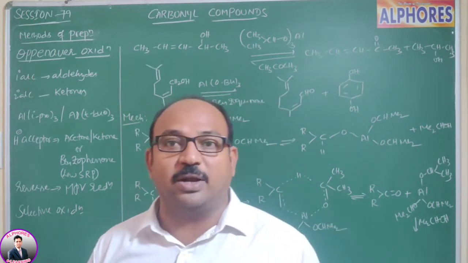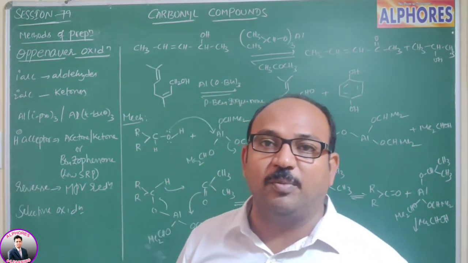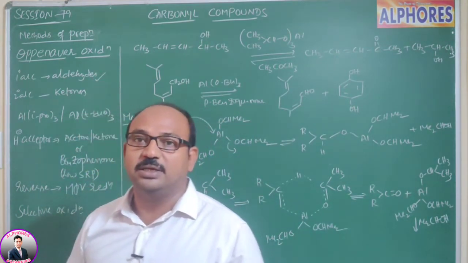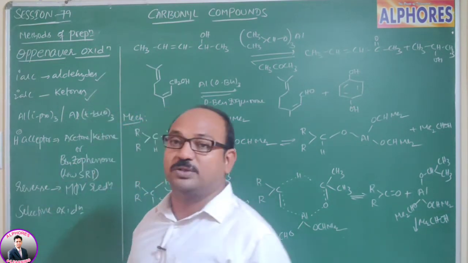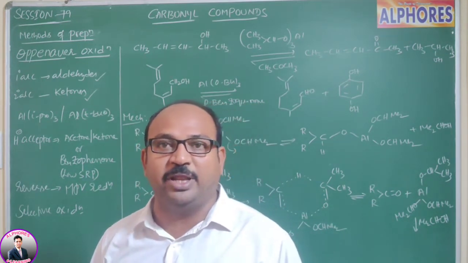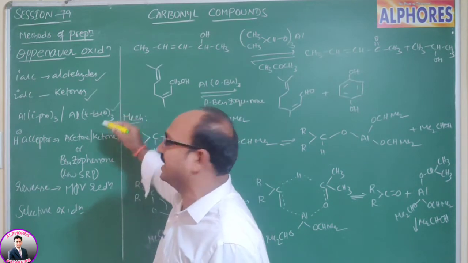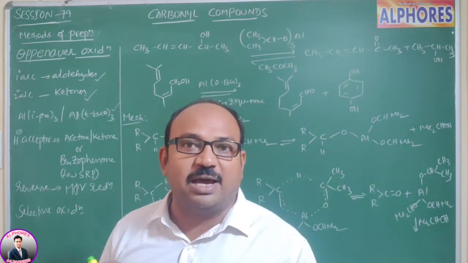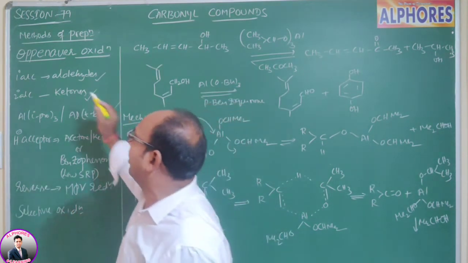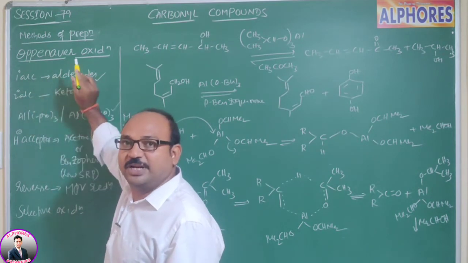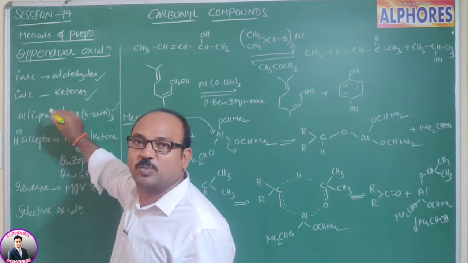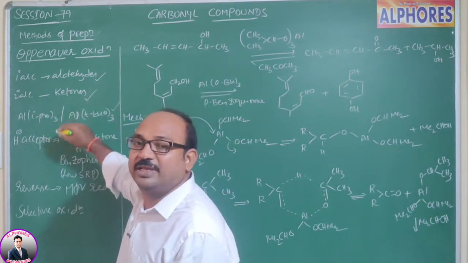So one more method, a named reaction, for oxidation only. This is what we call Oppenauer oxidation for preparing carbonyl compounds. In Oppenauer oxidation, primary alcohols upon oxidation give aldehydes. Secondary alcohols upon oxidation give ketones. In general, as reagent, we can use aluminum isopropoxide or aluminum tertiary butoxide. These we are using as oxidizing agents. Since they are oxidizing agents, they have to reduce themselves and convert into ketones. Means alcohols upon oxidation convert into aldehydes or ketones. For that oxidation, we are using again aluminum isopropoxide, aluminum tertiary butoxide. So this gets reduced.